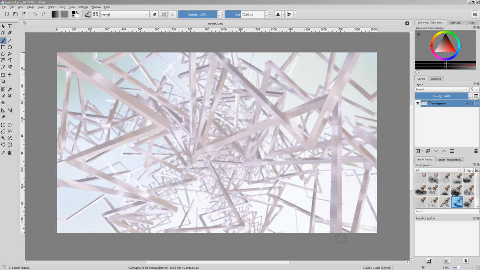This render image can be improved in any 2D image applications available like Photoshop or Krita. Let's go to Krita.